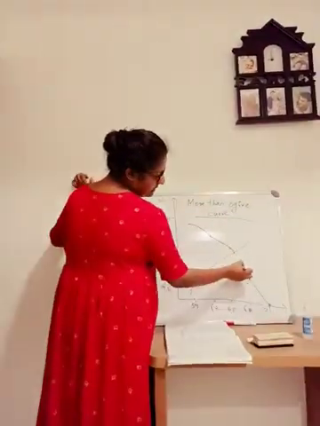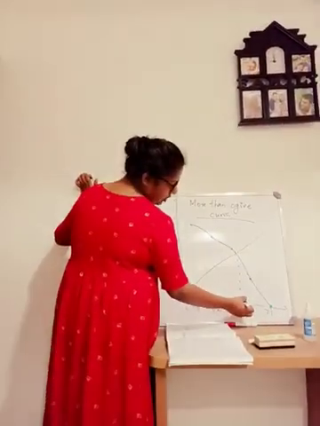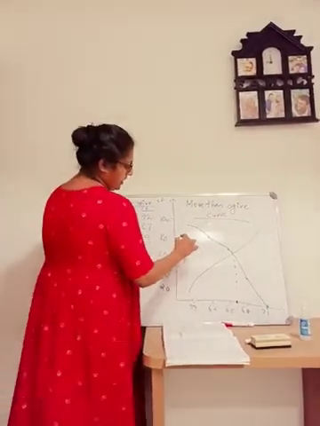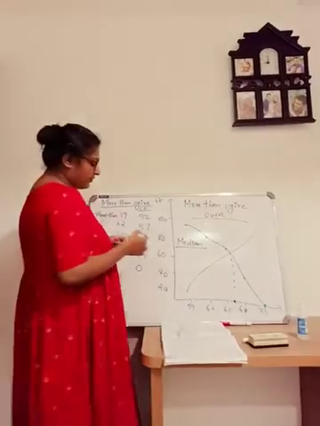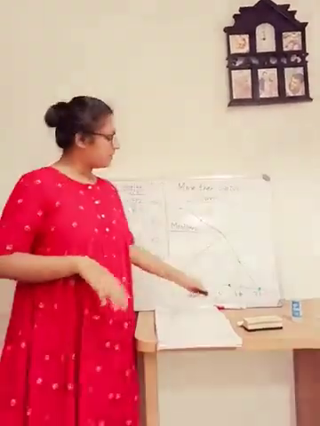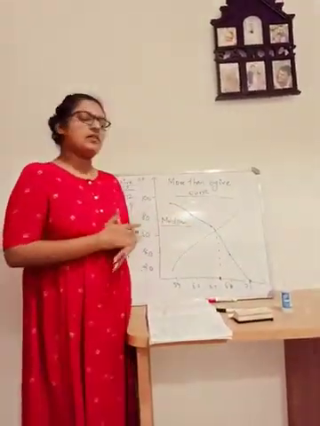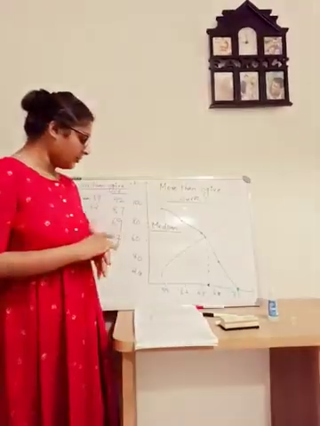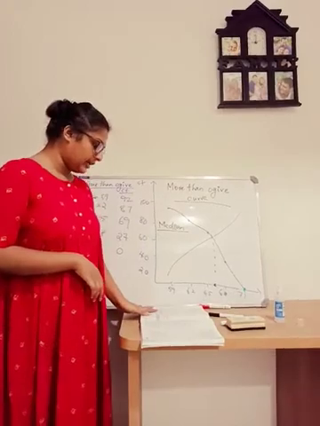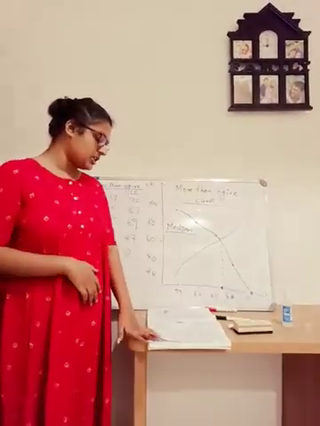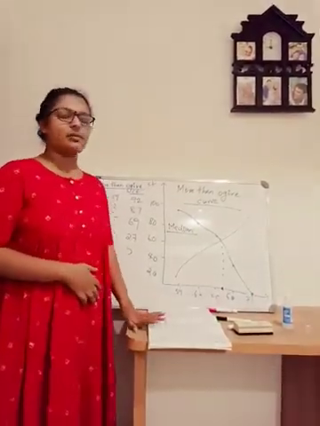We will extend this to the x-axis. This value is called the median. Actually you have studied all these things, mean, median, mode. So you will get the median from the ogives. That we will learn very clearly when we come to the median. So these are the diagrammatical representations, and we are ending with the diagrammatical representations.